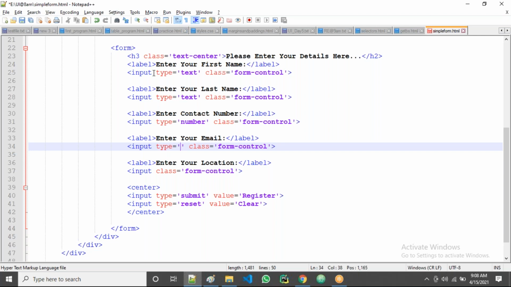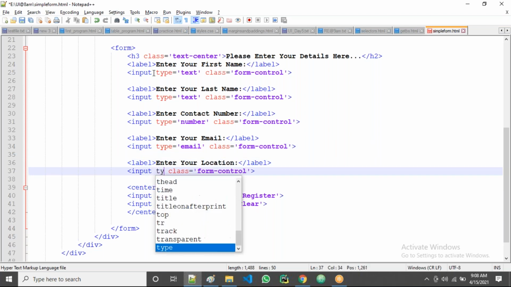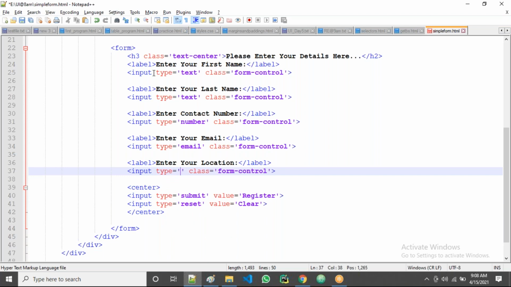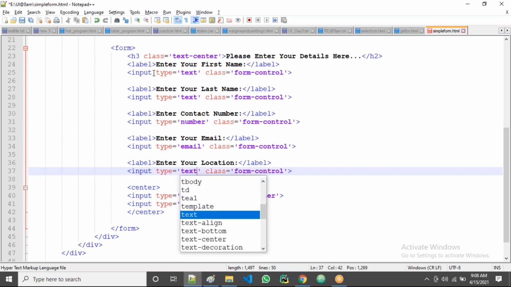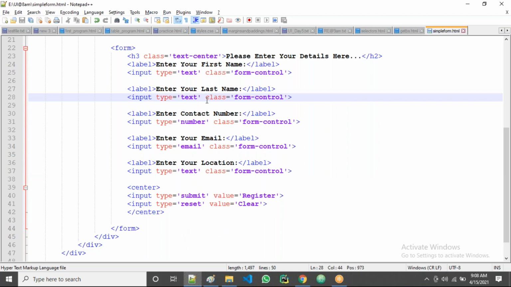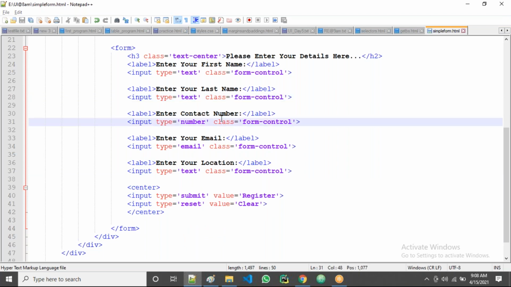This one. All of you. It's email type. Okay. Email type, guys. Email type. Yes. And here which one? Type equal to which type, guys? This one. It's a text type, guys. Text type. Right? That's enough, guys. Next one.